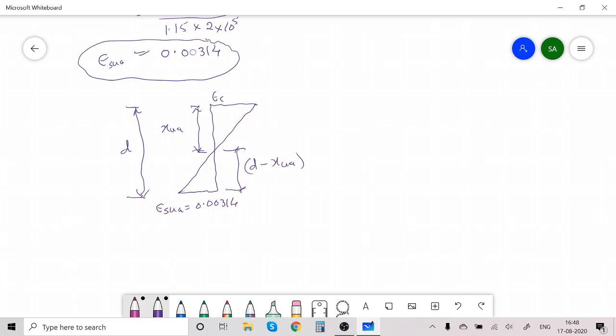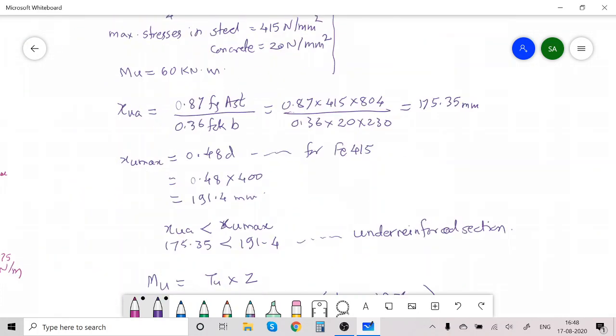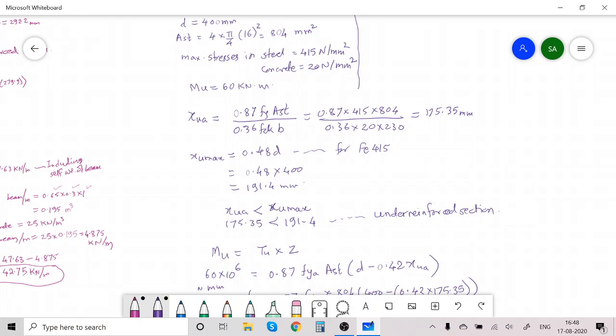Here strain in concrete actual. So strain in concrete actual divided by XU actual, using similar triangle rule, is equal to 0.00314 divided by d minus XU actual. Now strain in concrete actual, XU actual we know. XU actual is how much? XU actual we got it as